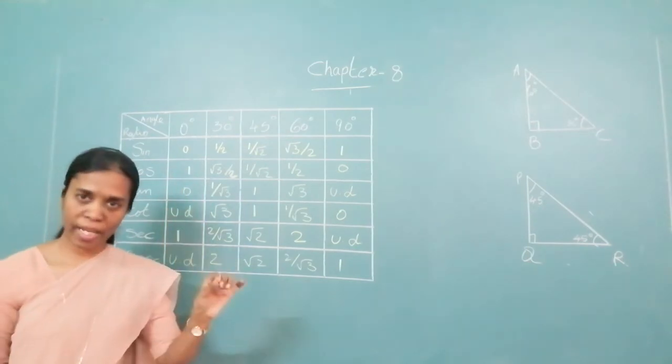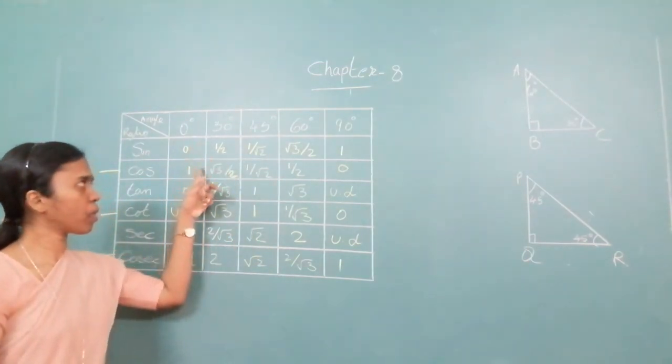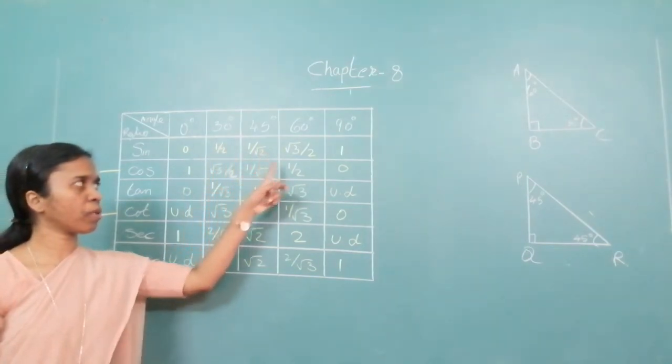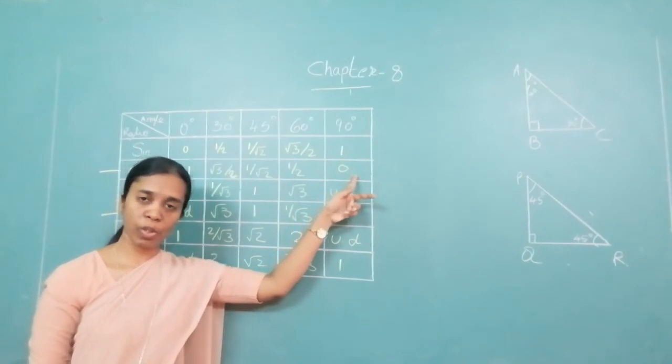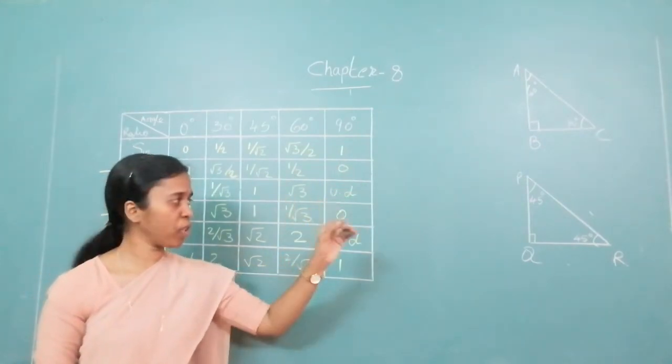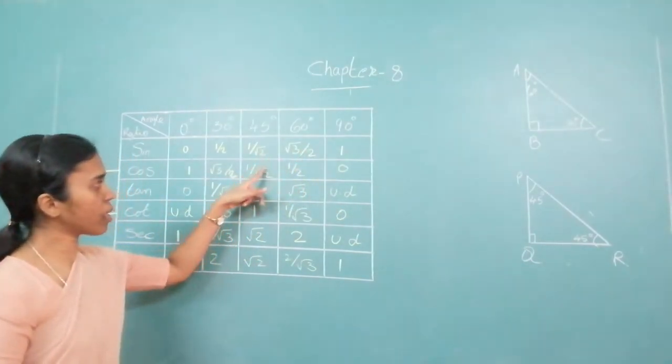Now for tan, we are writing sine upon cos. That is this upon this, this upon this, this upon this, this upon this, this upon this. Now 1 upon 0, that 0 in the denominator is not defined, so we write it as undefined. Okay. Now if you look at it, everywhere the denominator is same, so they get cancelled.